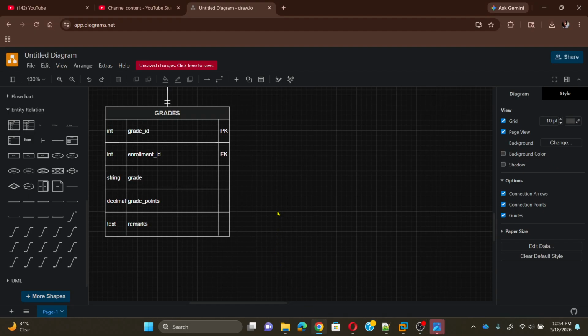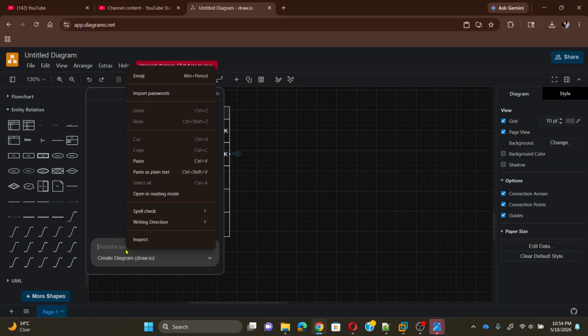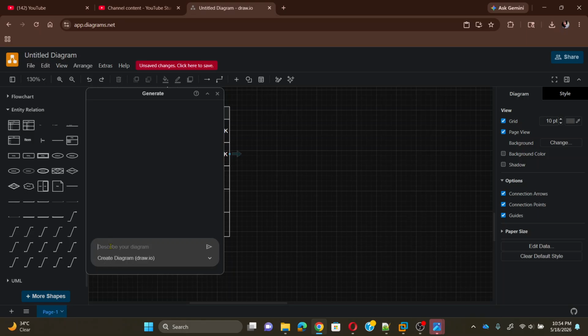There is another way in which we can draw the ER diagram, which is using artificial intelligence. You'll just have to click on this sparkle icon, and it will ask you to describe your diagram. So you can enter the text for the kind of diagram that you want, and I have actually written